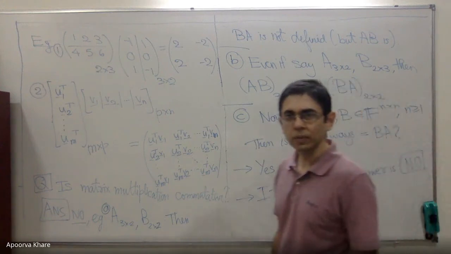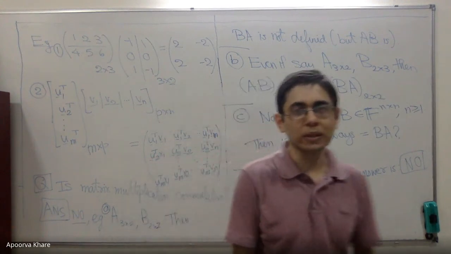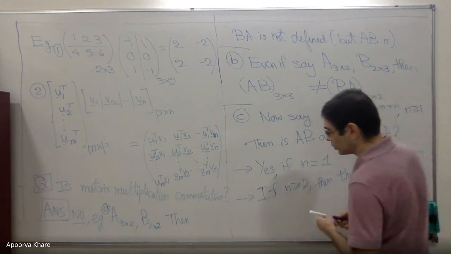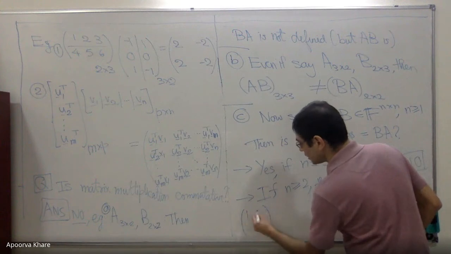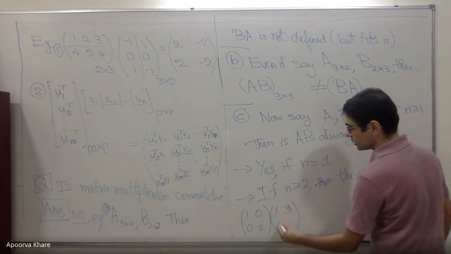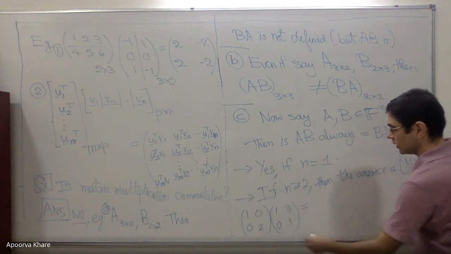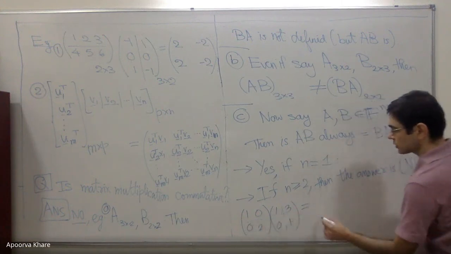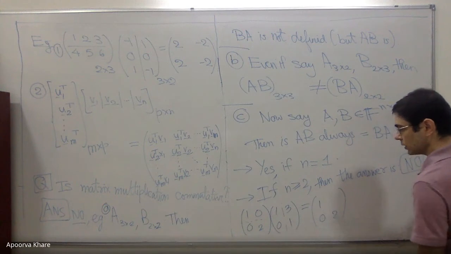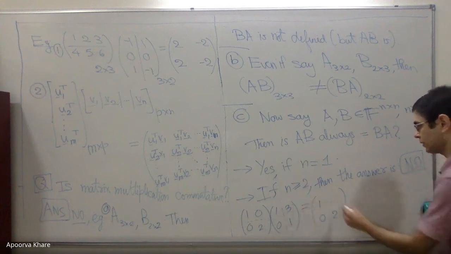Let me show you an example for 2 by 2 matrices, but you can easily from there construct an example for a 3 by 3 or higher matrix. You can try to do it yourself. So, for example, let's look at [1 0; 0 2], and then let's say [1 3; 0 1]. You know what to do, right? You just do rows times columns. I can actually tell you 3 entries right away. This is 1, this is 2, this is 0, and this has to do with something called upper triangular matrices.